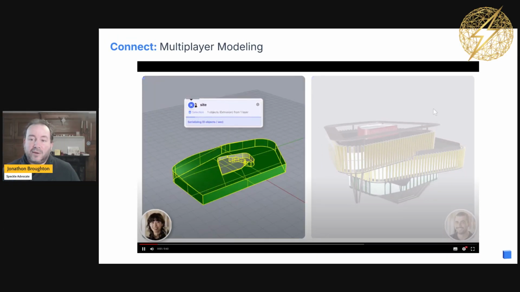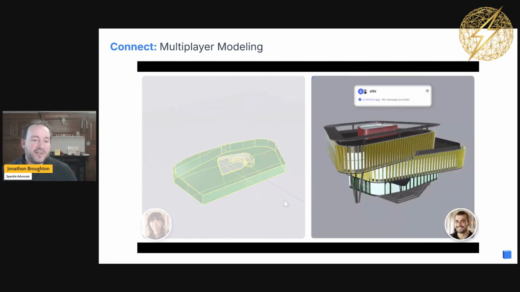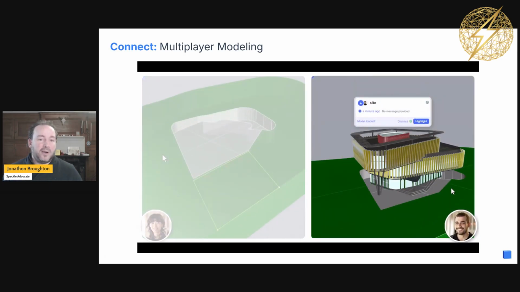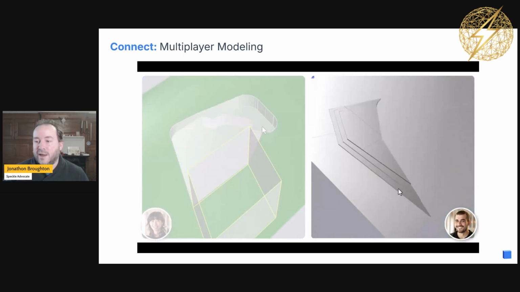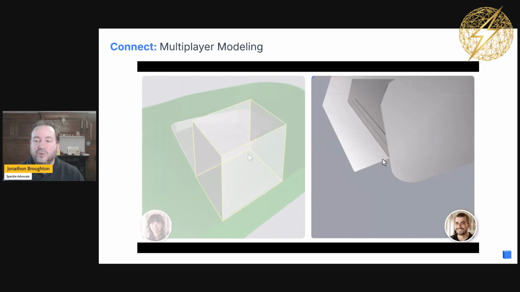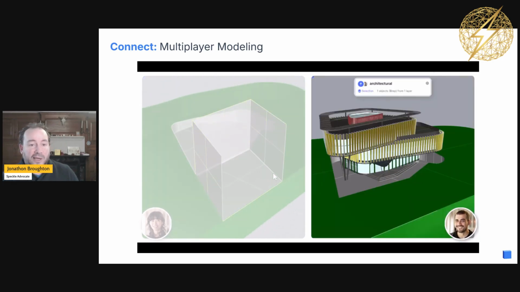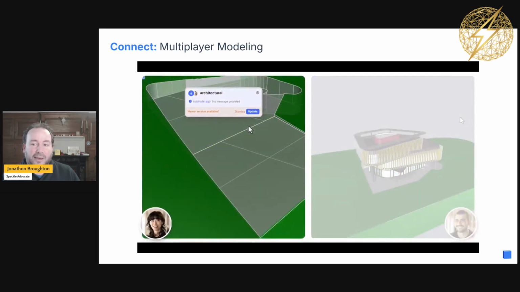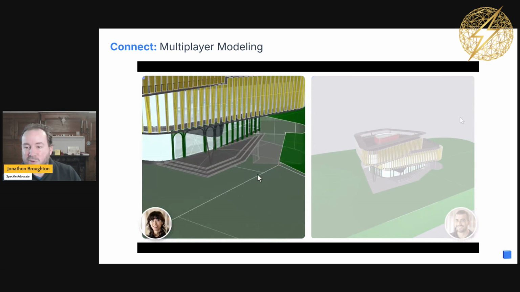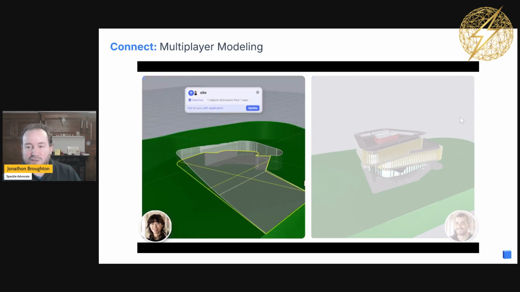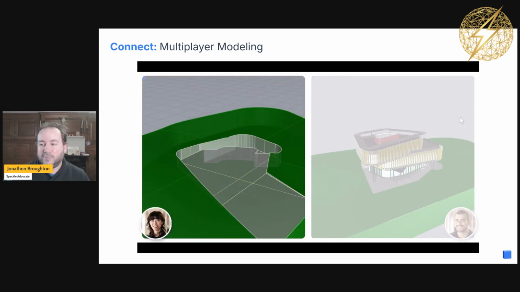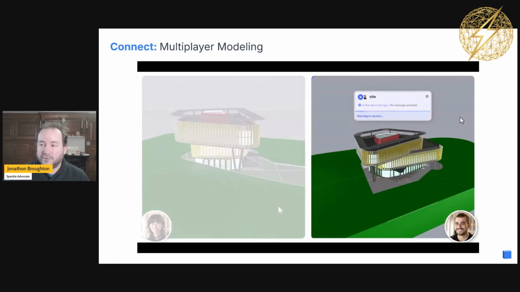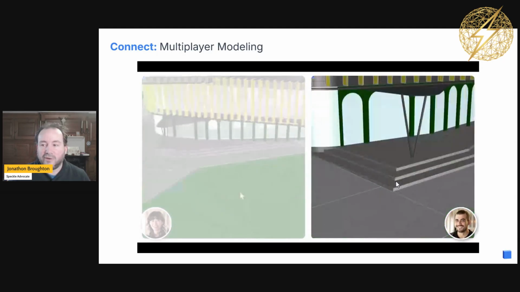And broadly speaking, once you go beyond just receiving something that someone else is working on, then it gets a bit more sophisticated. So where we support it as best as possible, those two people are now working at the same time. We call it multiplayer modeling. And that multiplayer modeling means that the user on the left is making changes or edits to the model, and the person on the right is able to immediately say, okay, well, there's a new version available. I'll see what that looks like.